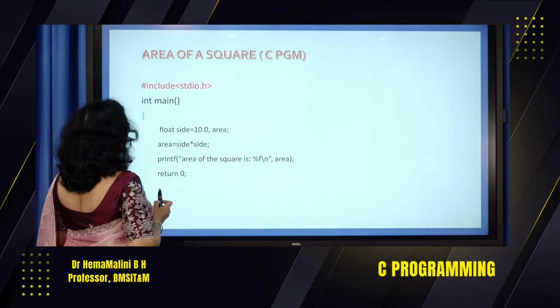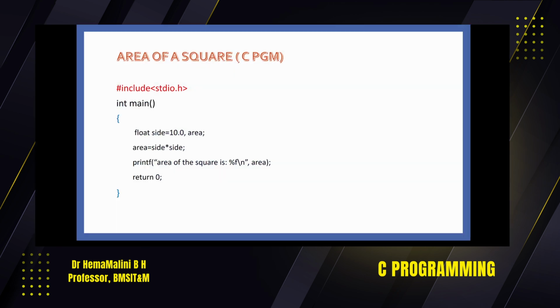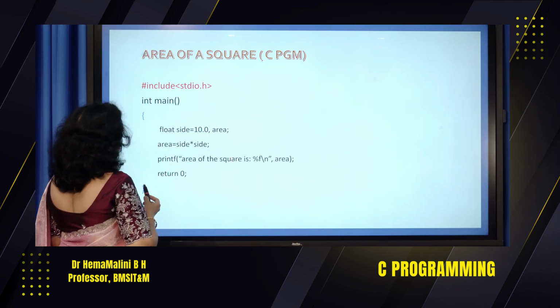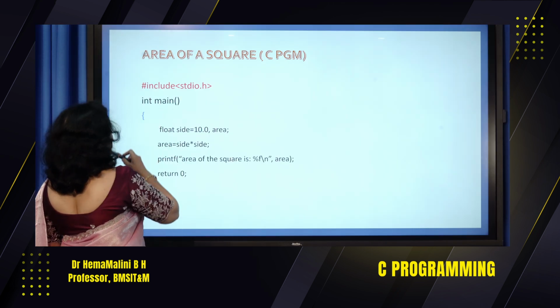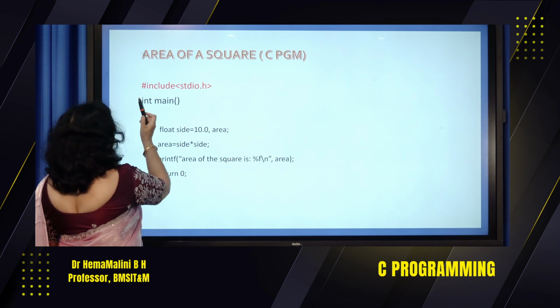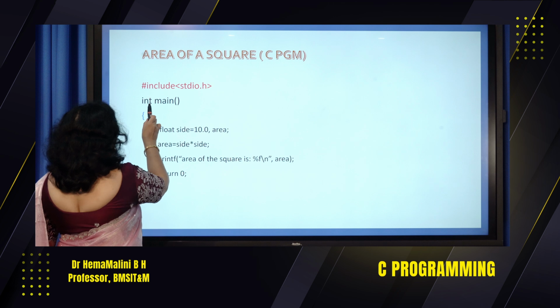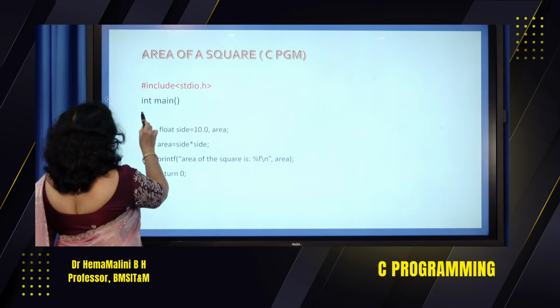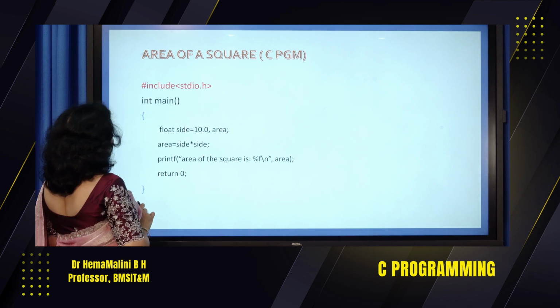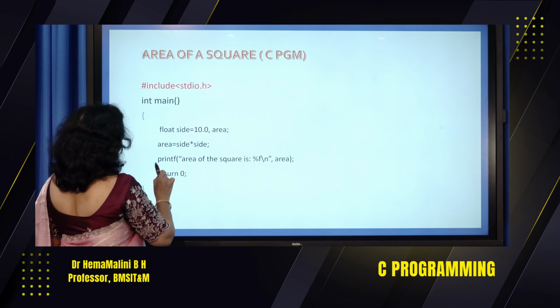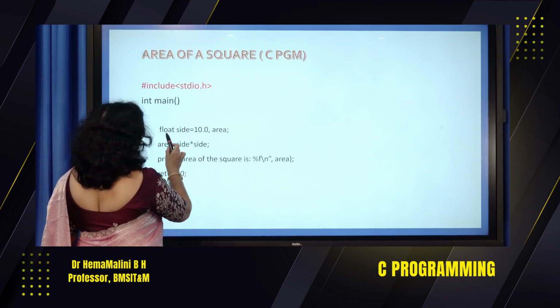This int, this is the return type. We can write int main or we can just write main. So, both ways it is okay. Sometimes we write void main also. If we are not returning any value, we can write void main. So, the return type is optional. Now, int main open brace closed brace. This is the syntax of a C program, and side we are going to call as